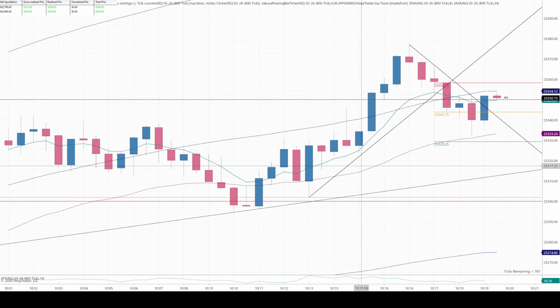But notice we broke the upward trend line. We held the downward trend line. We closed below 350. We closed below the 8 EMA. We closed below the standard deviation. And we triggered lower. And I got my 15 points at a discount. Or I didn't quite get 15. You saw I would have gotten 15 if I didn't have my ATM strategy having me trail like that. But it would have been 15 points.